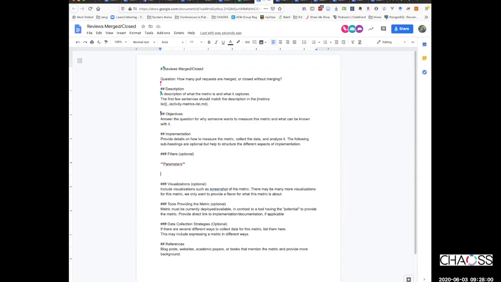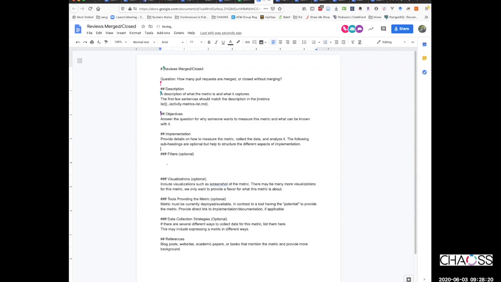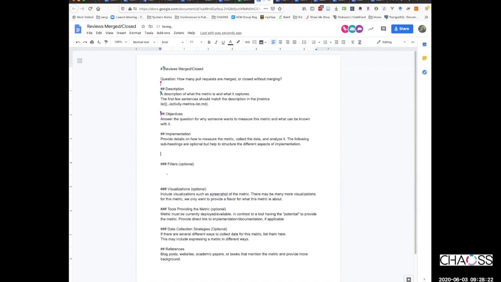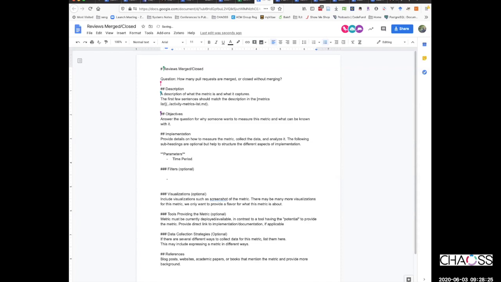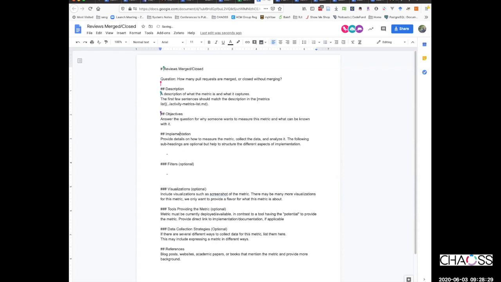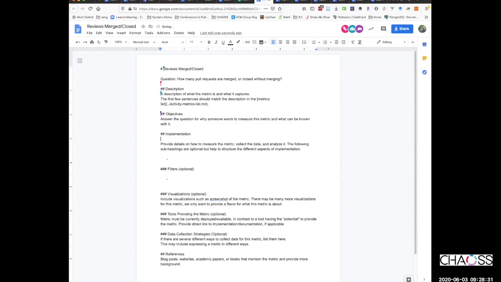Let me take a quick look. Yes, because I misspelled parameters. Series templates generic. Under implementation, aggregators and parameters. So aggregators and parameters go right underneath the implementation heading. Those are both just bolded with colons as the subheadings, but filters is its own third level heading.